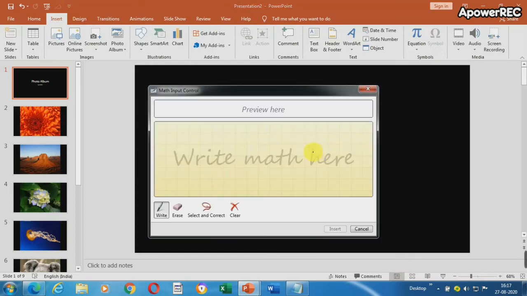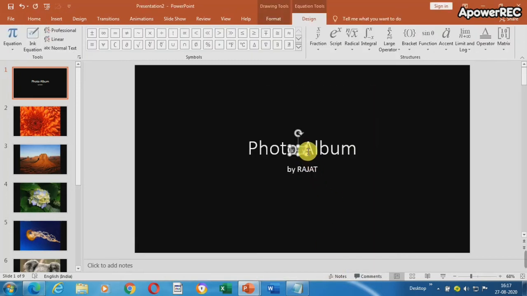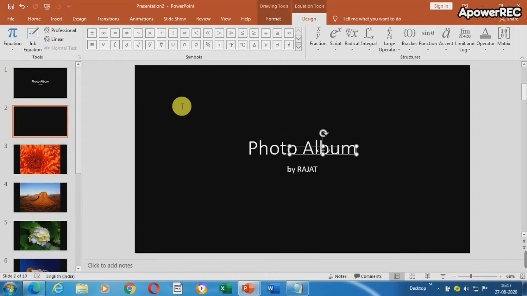With the help of this ink equation option, you can write your mathematical symbols or equations in a handwriting format. Like you can observe here, you can write like this. So it will be inserted in that format in your presentation. You can check with a new slide once more.